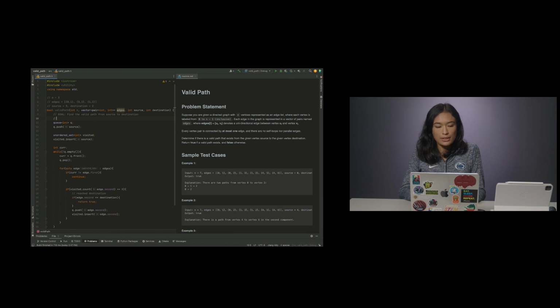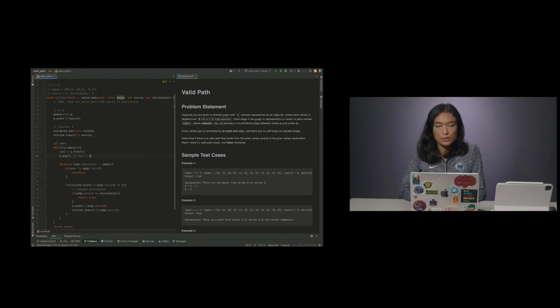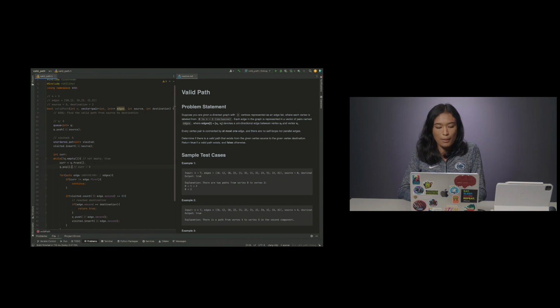I'm going to start with an empty queue. So my queue is going to be empty, and it's going to have the source vertex pushed in. So Q is going to have 0. And then my visited set, visited, is also going to have 0 in there because we are starting with the source vertex of 0. Then I have my current vertex, which I'm storing based on the queue. So current will be set to 0 first, which is the source vertex. My queue is not empty,